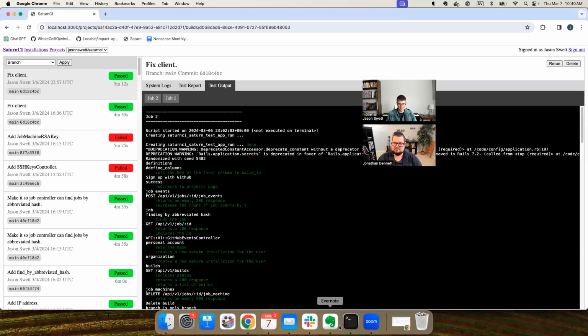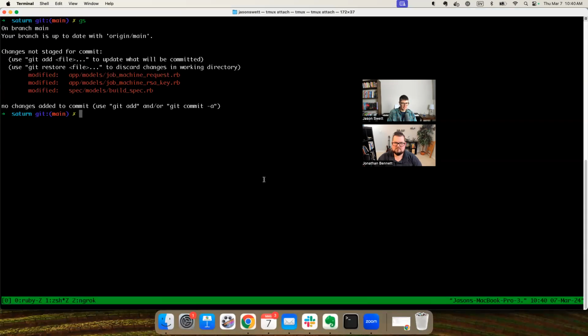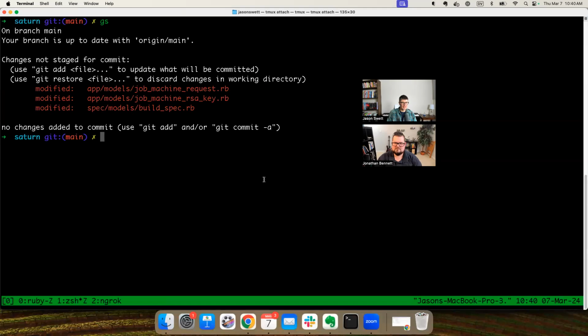Today we're going to be doing some good old SaturnCI coding. I'll share my screen and I'll describe what we got going on. Make my font a little bit bigger. Okay, so for the last several sessions, I've been working on being able to SSH into one of the machines